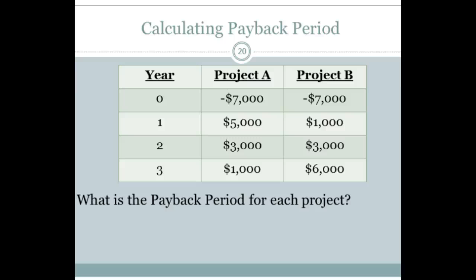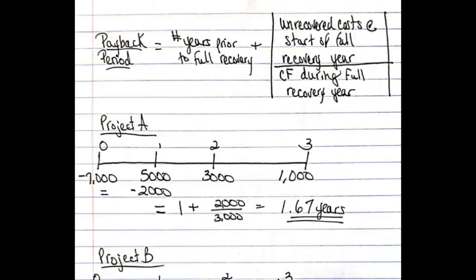I have that sketched out for you, and let's go to that and put this thing to work. So your textbook authors also go over the payback period, and here's the equation. I think they state it in some light similar to this that I typically give my students. When we compute the payback period, what we're doing is we're finding the number of years prior to full recovery